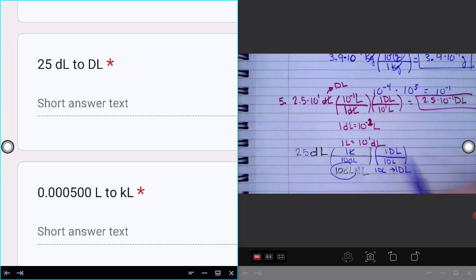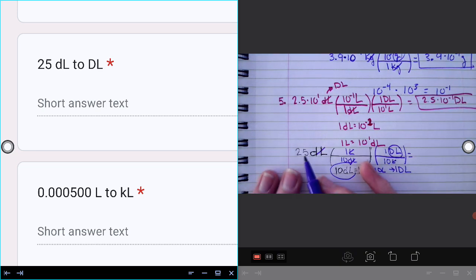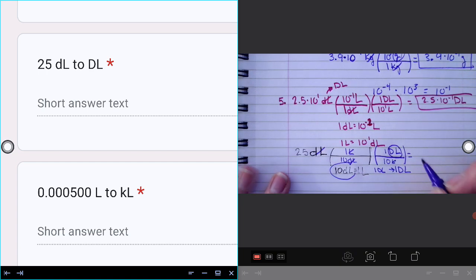So my liters cross off, my deciliters cross off. I'm left in deciliters. Mathematically, you'll take 25 divided by 10, and I get 0.25